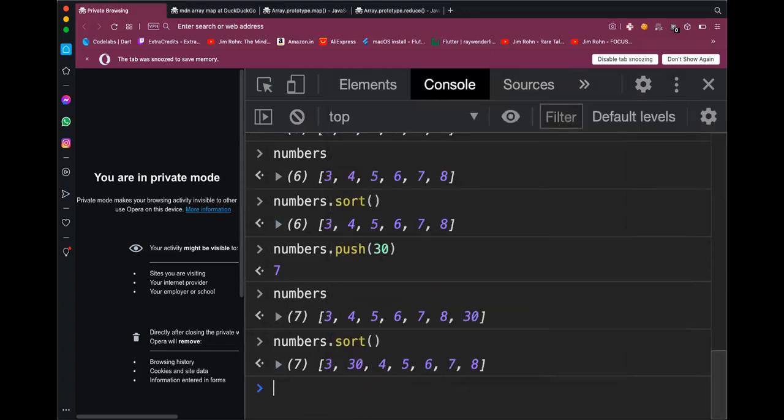Would you expect this? No, right? In general, when you do sort, you expect it to work perfectly. But it's not working perfectly. So what do we do now?